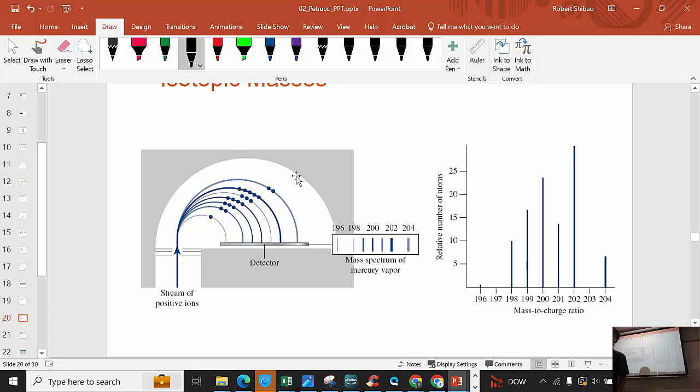And so that's why the lighter ones are closer here. But the problem is, how do we calibrate it? We can't stick a kilogram in here and weigh that, right? It's not possible. So in the old days, do you know how they calibrated it? They took an oxygen atom